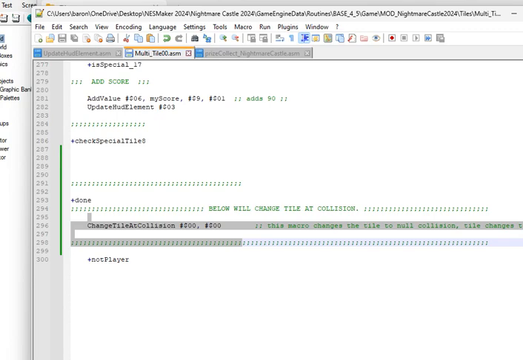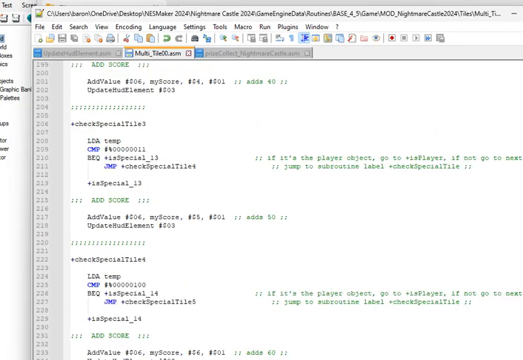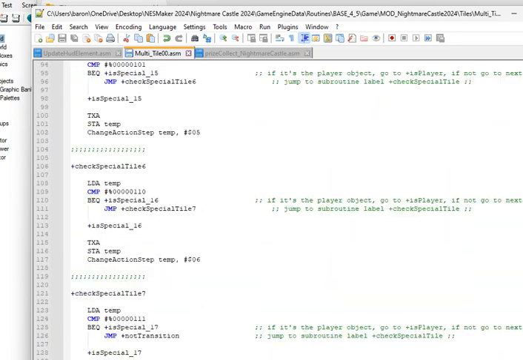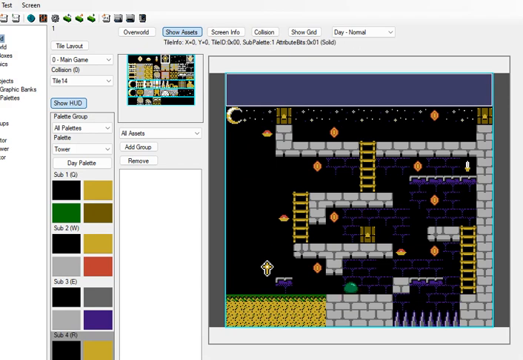And then it resets the tile. And then it's done. So at bare minimum, when you do this, on the default, it just jumps to resetting the tile and does absolutely nothing.